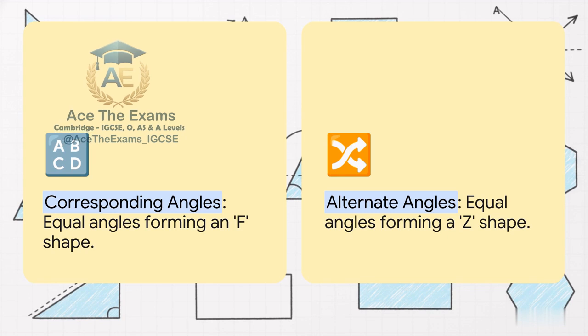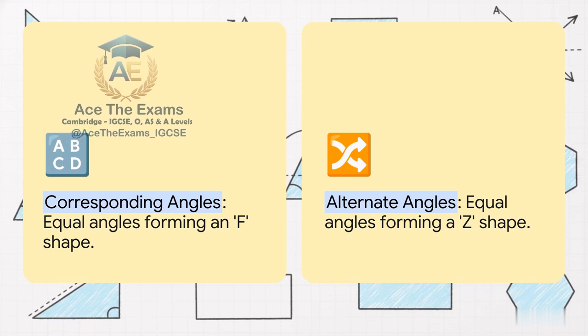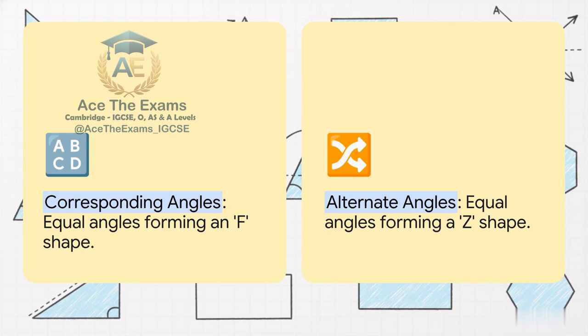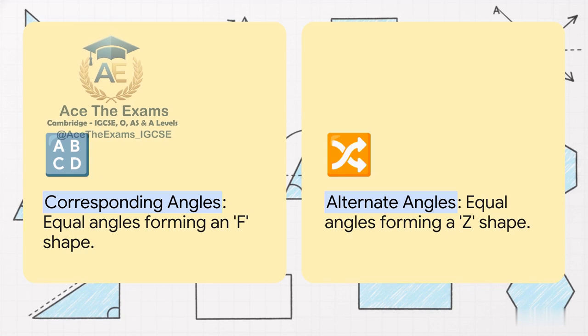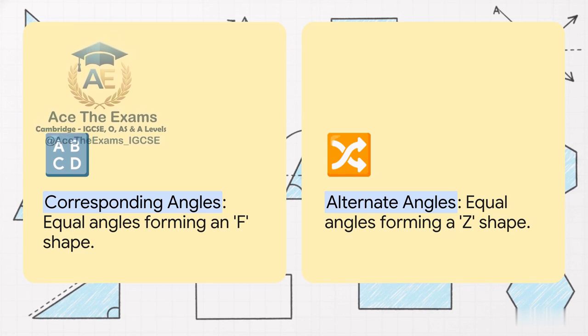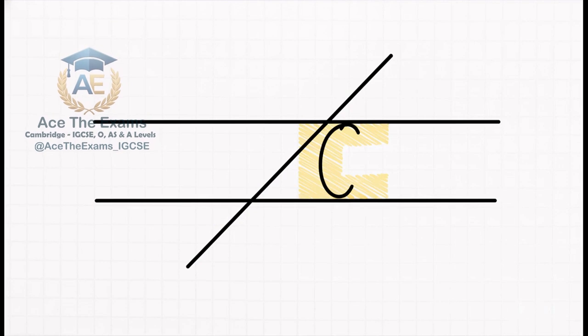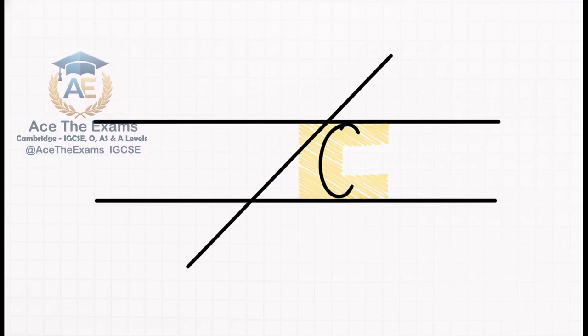The Z shape highlights your alternate angles. These are tucked on opposite sides of the intersecting line, right between the parallel lines, and these two are perfectly equal. If you can train your eyes to instantly spot the F and the Z, you will fly through these questions. Meanwhile, there is another pair we need to watch out for, and this is where a lot of students